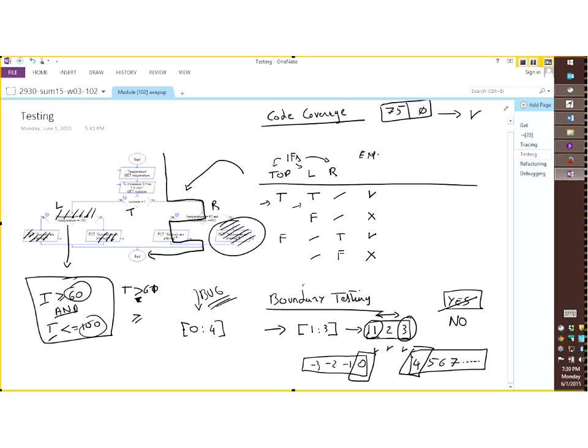So in other terms, when you test, let me write it here somewhere, when you have an interval that is x and y, what you want to test is x, y, then x minus 1, y plus 1. So the lower value that is acceptable, the upper value that is acceptable, then the first unacceptable lower value, and then the first unacceptable upper value. And with that, you really nail it down. Now, you really identify the boundary between what is accepted, what is not accepted.